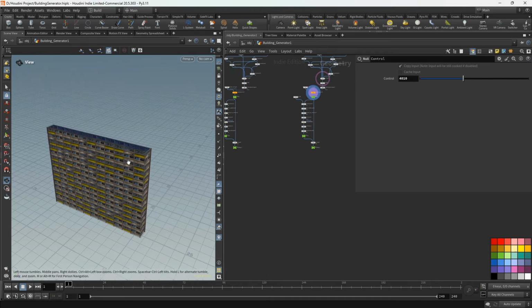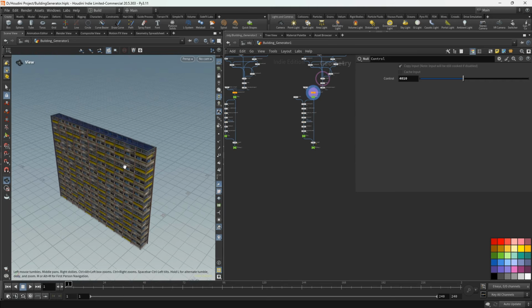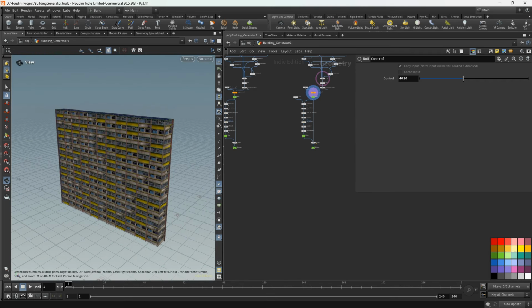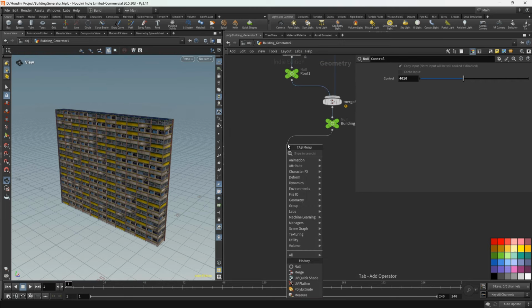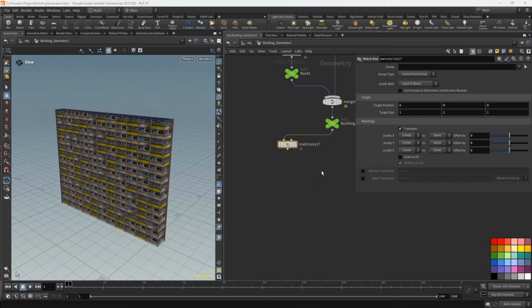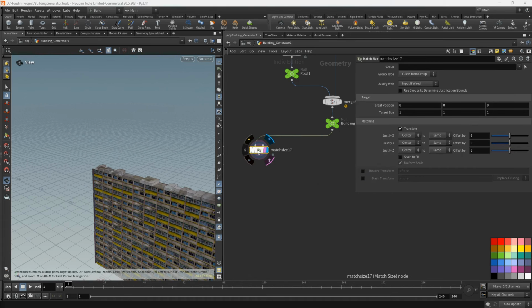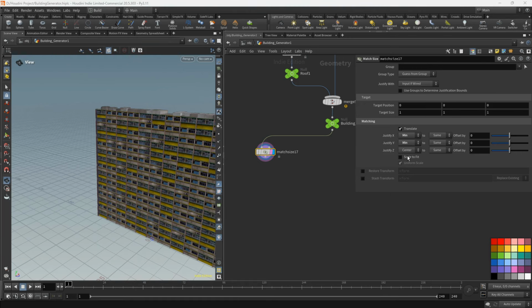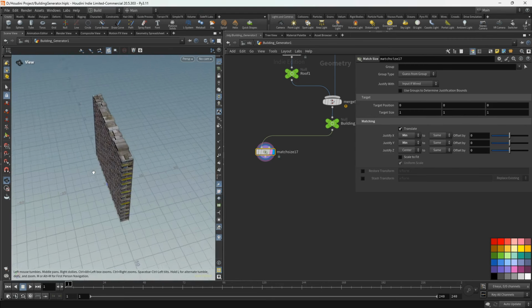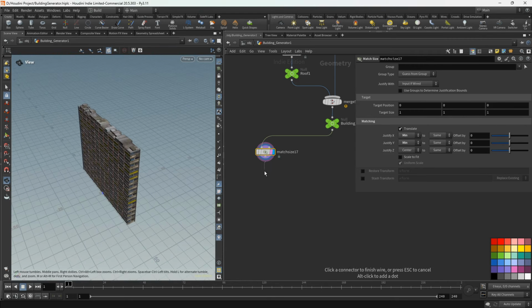Next we'll create different shapes with help of this building. So let's add the match size. We'll create the first shape. Let's add the match size. And for X we'll select minimum. Here also minimum. And we'll add the